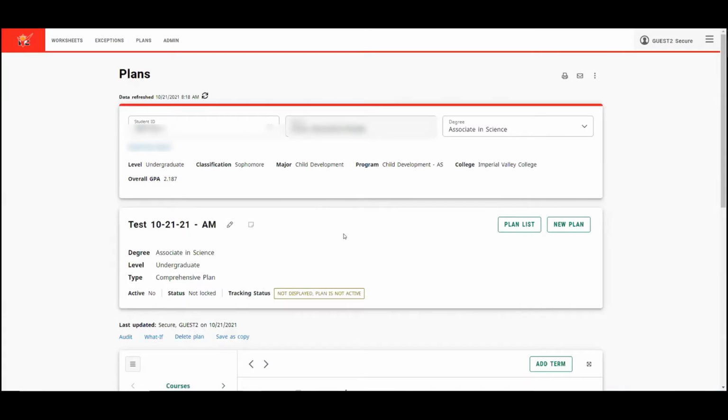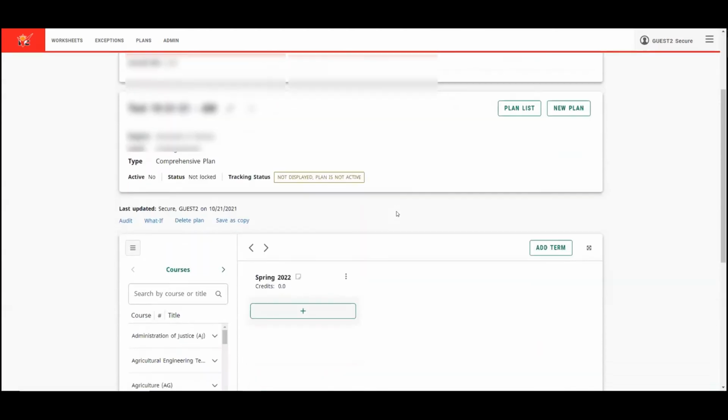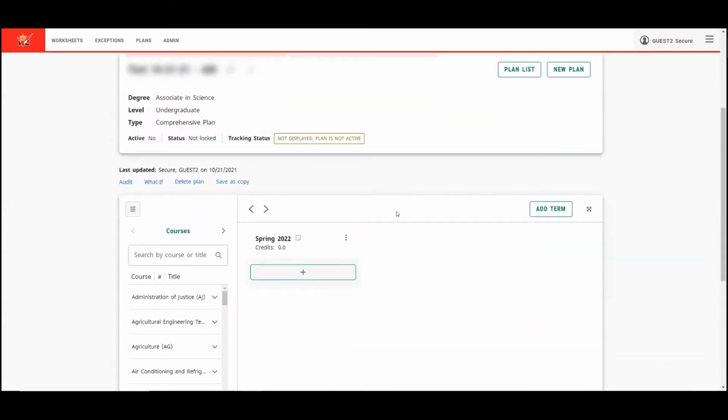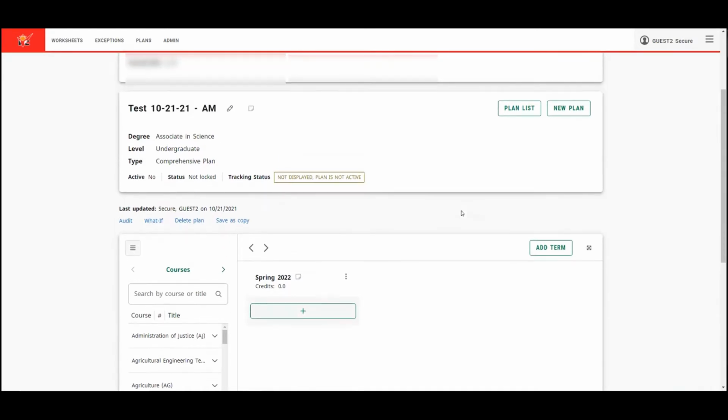And the very first thing you see is that you're in a whole new look here, a new interface. In the past, you had the different views. There was the edit view and the calendar view and the audit view and the notes view. All those are now just replaced by this one view. Everybody goes into this same view. Now, so will students. Now, students may, I think you guys do not let students edit their plan, so they won't have all of these options to add courses to their plan,